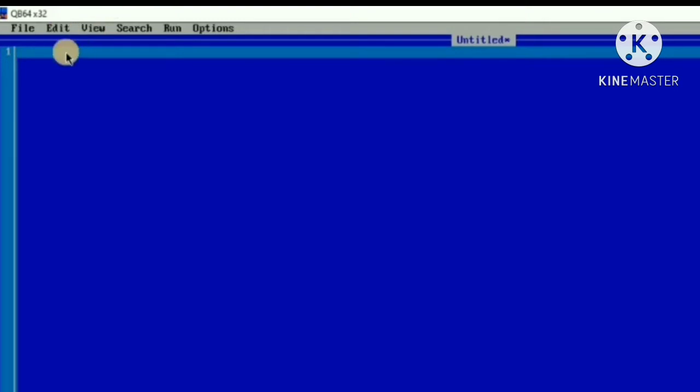CLS command means clear screen, so it clears everything. We have to write it in capital letters. So I will turn on my caps lock, and first of all we will write CLS, then press enter so we jump to the next line. Now to print the numeric constant, we just write PRINT and then the constant that we want to print on the output screen. For example, 45. So we'll write PRINT 45, then enter,